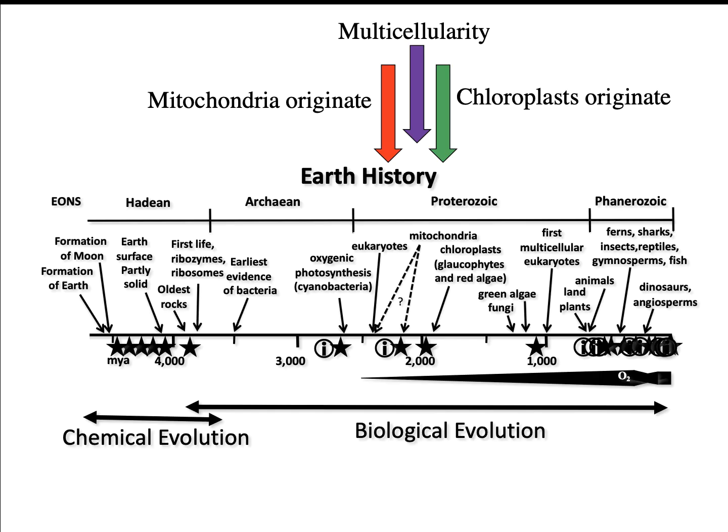So in terms of multicellularity and eukaryotes, we have the first eukaryote here that has a nucleus, and then we have a mitochondrion entering. Multicellularity is probably just beginning about 2 billion years ago, and then chloroplasts enter a eukaryotic cell, becoming the first plants. And then you go back way back here, and we're getting the first evidence of bacteria and the first